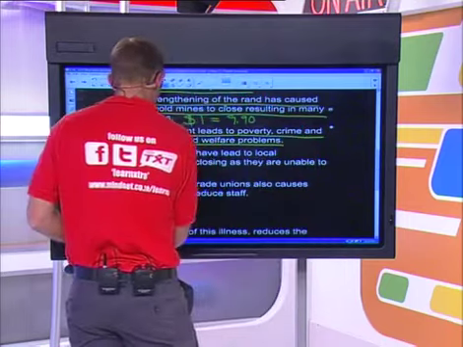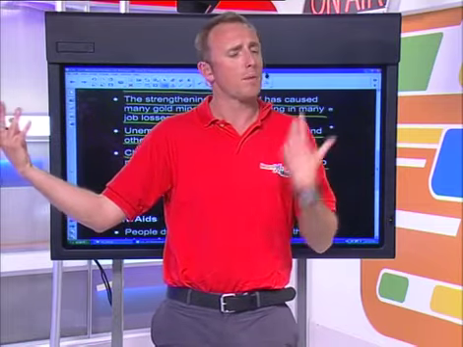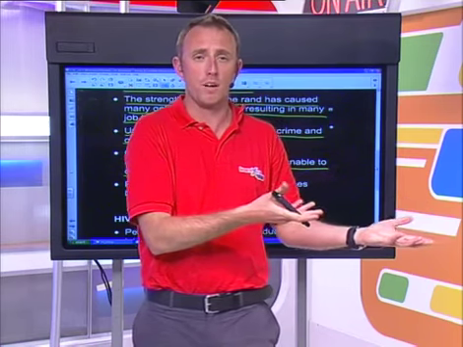Cheap imports have led to local manufacturers closing as they are unable to compete. If you look at a lot of the imports that we get from China, I'm sure a lot of you have been to those Chinese malls all over the country. They have a lot of clothes that are very cheap. You can go and buy a smart shirt for 30 rand. In South Africa, to make that same shirt is going to cost 80 rand. But because people don't have a lot of money here, they're going to go and buy the cheaper shirt, which is going to result in our textile industry suffering. And it's going to result in more unemployment because they cannot keep up with the cheap imports and their